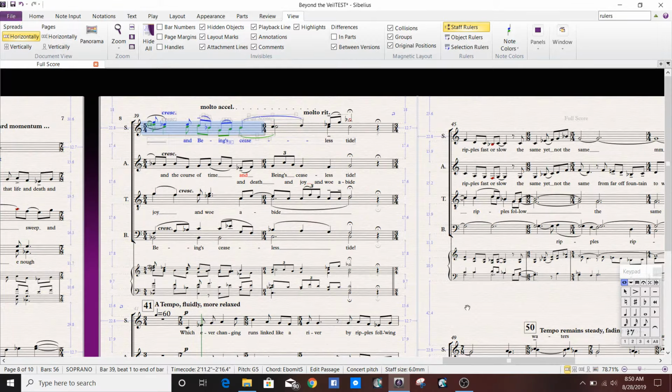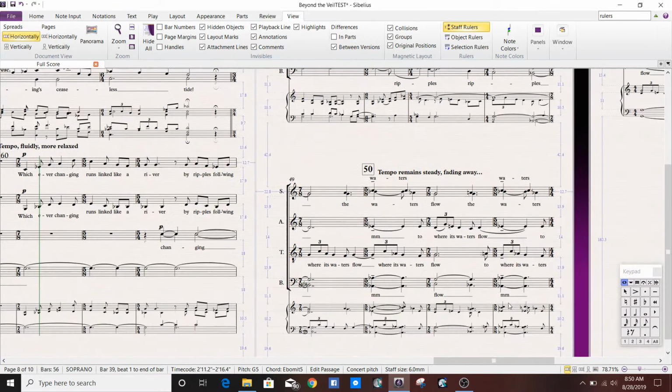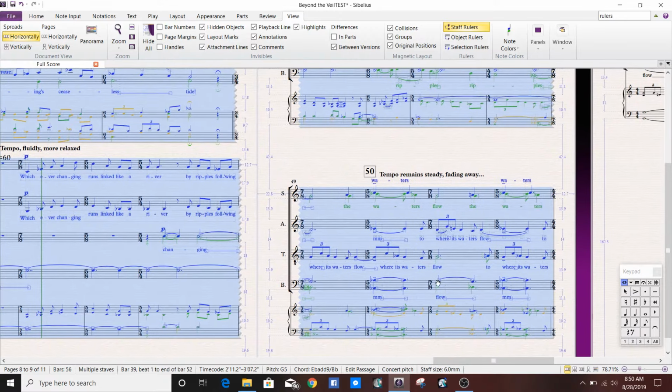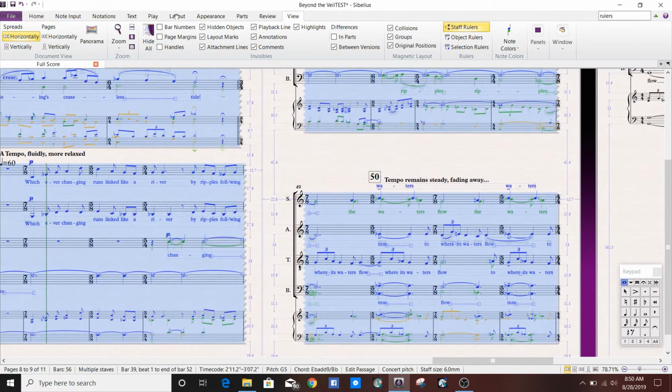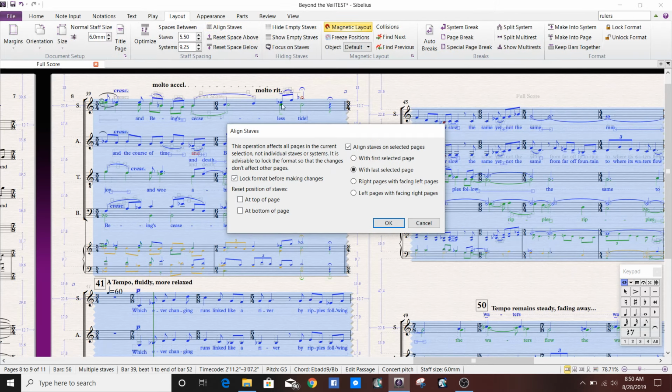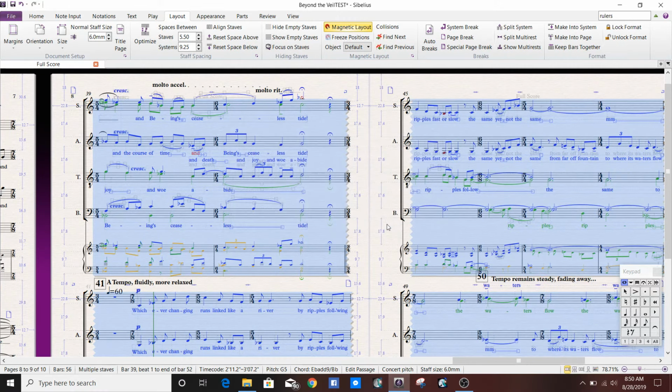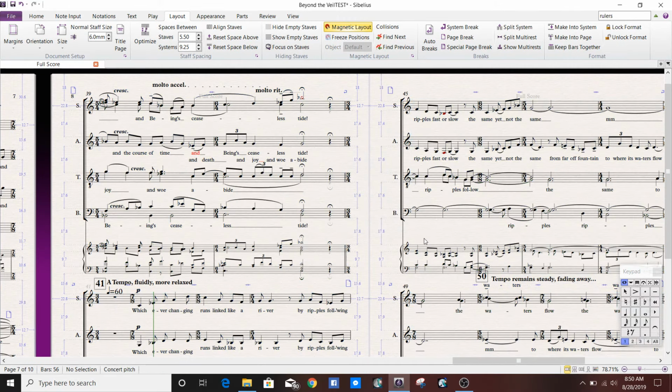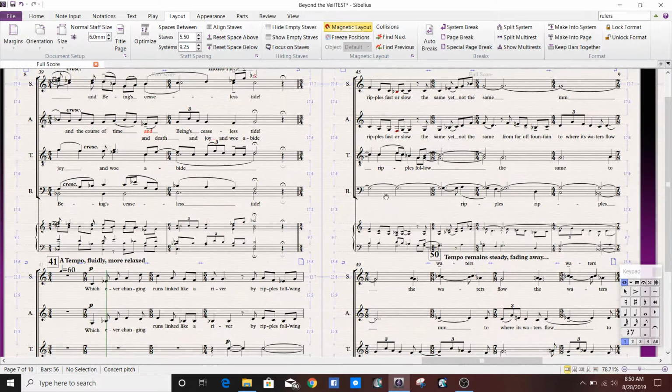Okay, so I'm going to go ahead and select, as we did before, from that measure to this measure. And I'm going to go ahead and click Align Staves. I don't know, the program's freaking out. I'm going to click Align Staves. And I'm going to make sure to lock the format because I really like this first page. I'm going to click the first selected page and Align Staves and OK. Bam. We have perfectly aligned